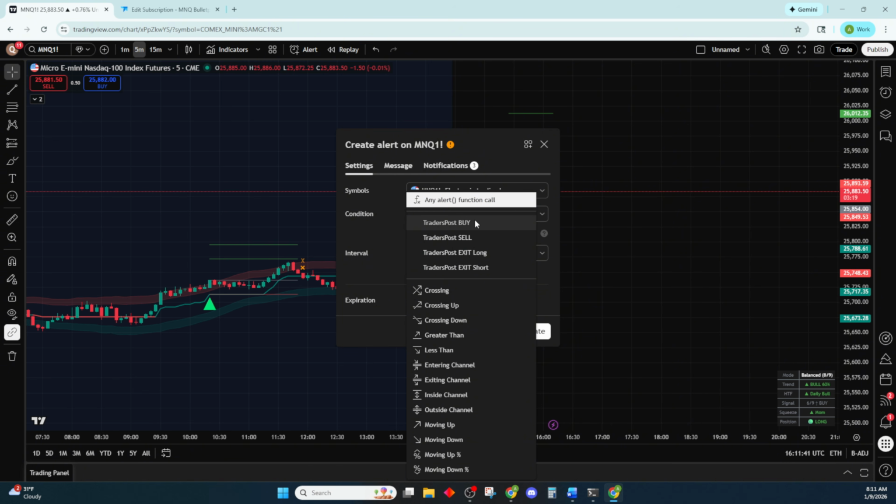As it currently stands right now, I'm filming this on Friday, January 9th. As of Sunday, January 11th, there will be another option down below this that just says bulletproof. If you click bulletproof, you only need to do this one time. But as it stands right now, you need to do this for Traders Post buy. So in order to buy, sell, and exit the long and exit the short, you need to do this alert